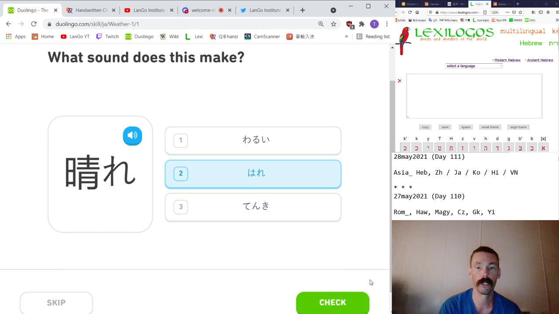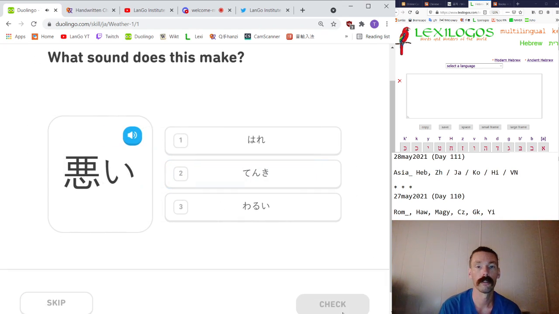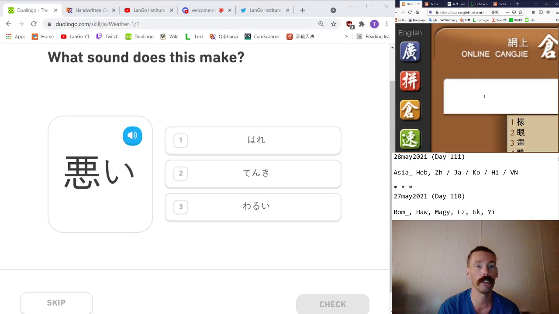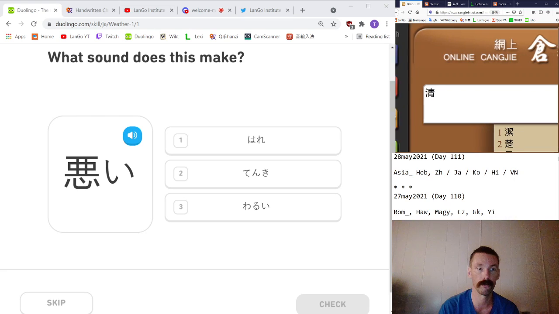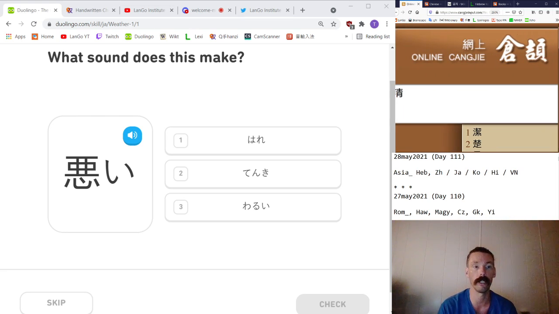This one means clear skies. Warui. Okay. So if you connect it with this ching, they're different tones. But these are related words. Pure as of water, with the water radical. Pure as of the sky, pure and clean. Clear sky, with the sun radical. Okay, what's this one? I'll put them here on top. Related words.